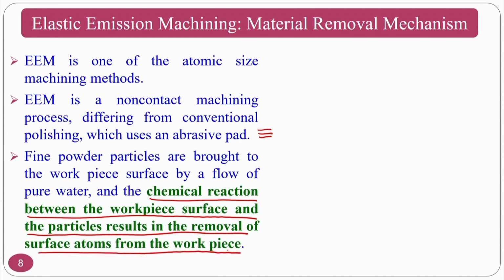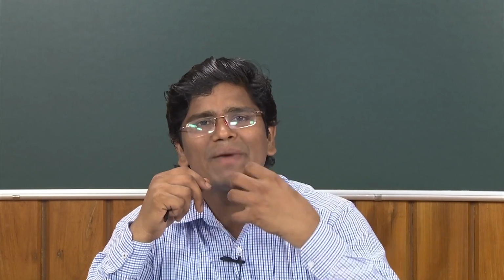This is how the mechanism of material removal takes place. It is not by virtue of the shearing action, it is not by virtue of abrasion or something. So, what is happening is your spherical ball is rotating, at the same time you are giving a normal load on it, because of which it is directing the slurry. The slurry comprises the carrier fluid as well as the abrasive particles. Those are going near the workpiece and chemically reacting and removing material atom by atom. That is how the material removal mechanism works in this case.